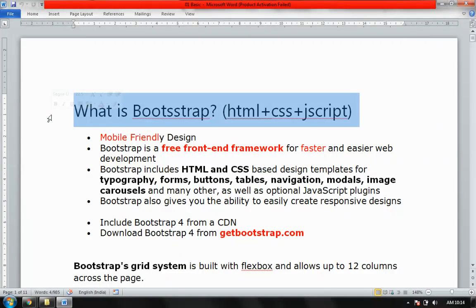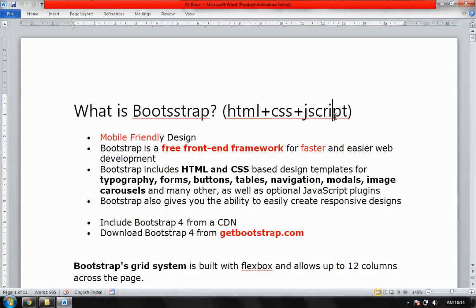That means what is Bootstrap? You can say Bootstrap is a combination of HTML, CSS and JavaScript, which will make your application device friendly. That means in another way you can say it is very user friendly for your mobiles. Second important thing, this is a technology which is available on the internet, so it's free, and it is a front end technology. That means it only appears in your browser. It will not do anything in the backend.